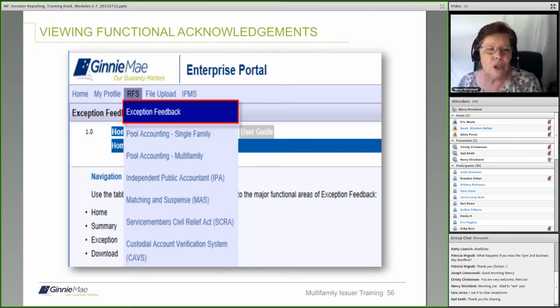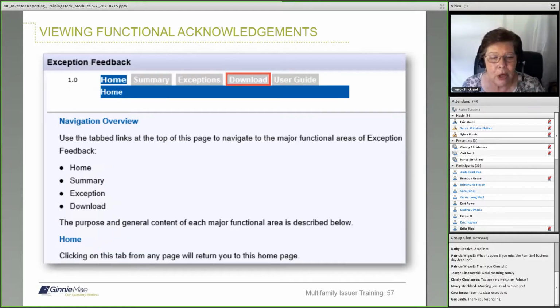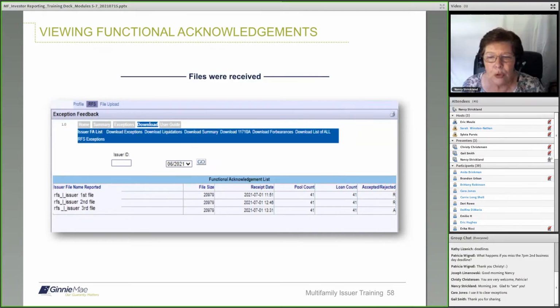To view the functional acknowledgement in RFS, you need to access the exception feedback screen, click the download button, and you will see in the dark blue line there are several different areas where you can download information,